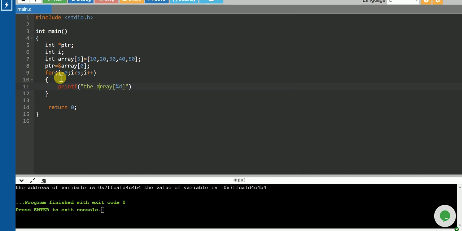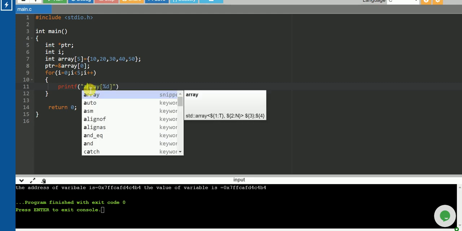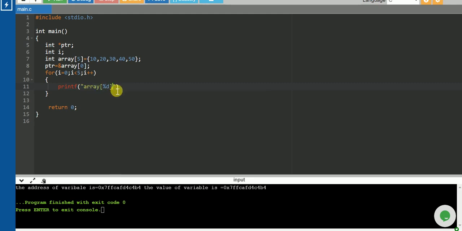Okay, array %d means it will print the array index, array of 0, 1, 2, 3 like that. And now I want to print the value.